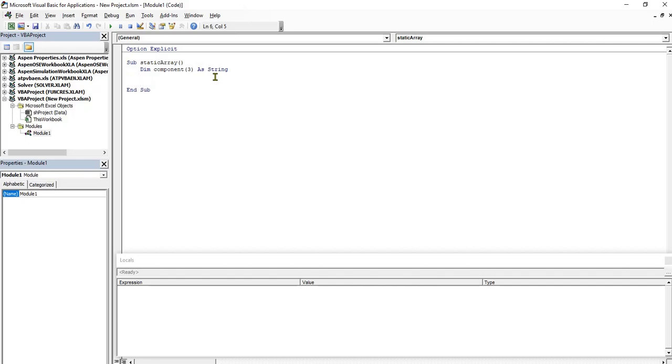Now for me to store values into this array, I will say component, the first one, component 0 is equal to,